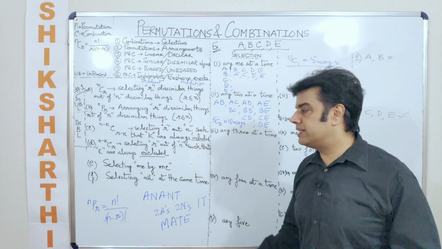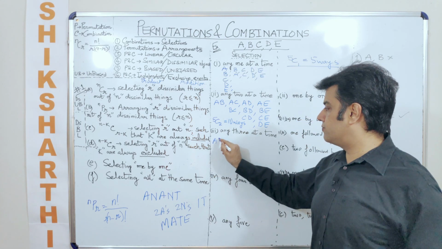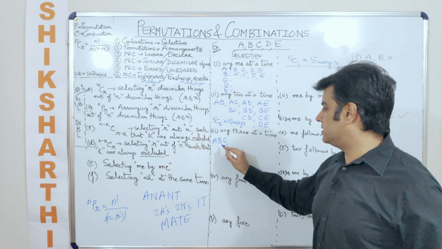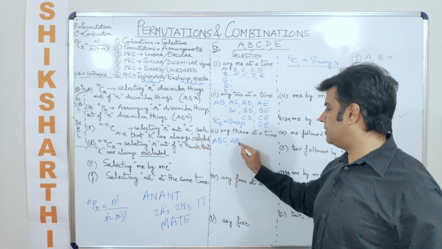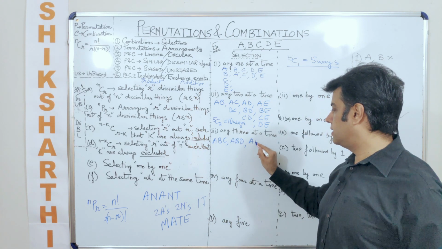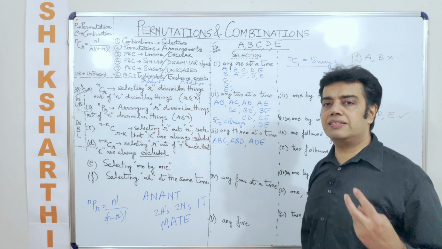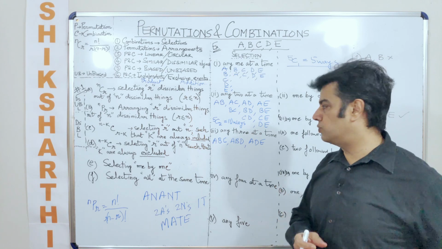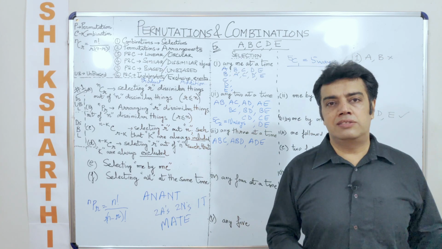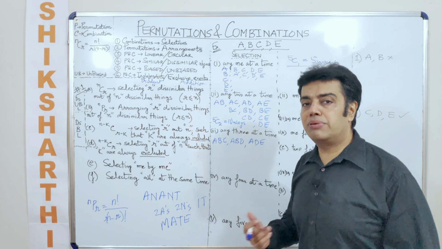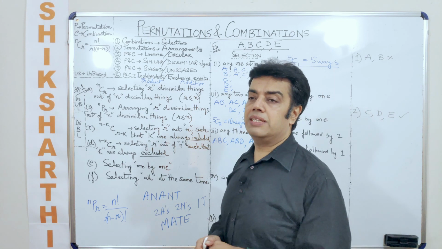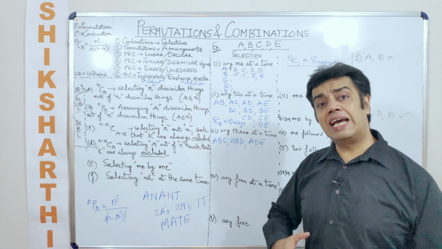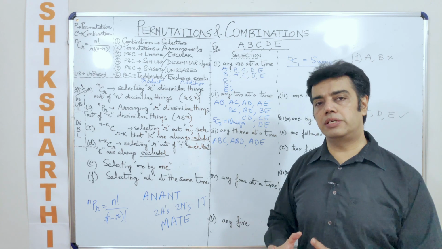Now selecting 3 at a time. When you are selecting 3 at a time, let us first try and understand this by the fundamental principle of counting. So I select ABC, then I select ABD, then I select ABE. As discussed earlier, selection has nothing to do with the order. You could have started off with ABD first, or you could have started off with ADE. Selection itself is unbiased, and the moment you make the selection biased, it is just like you're talking about an ordered pair, and the selection is always unordered.